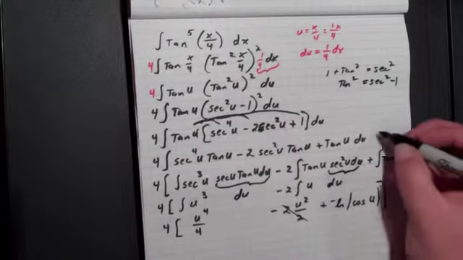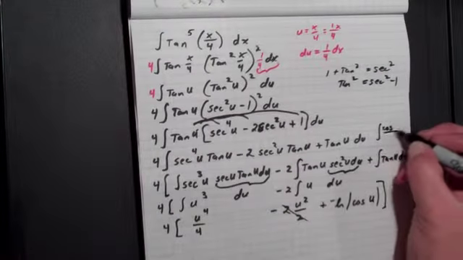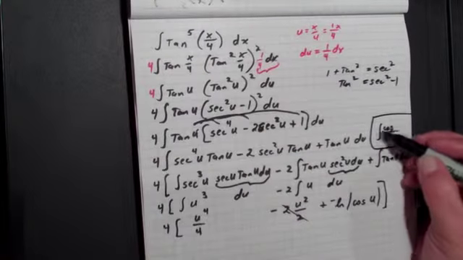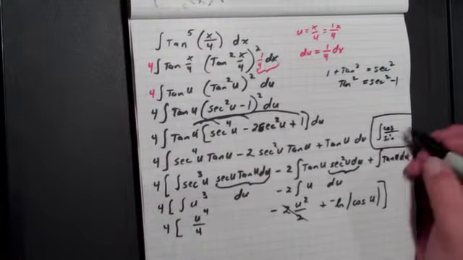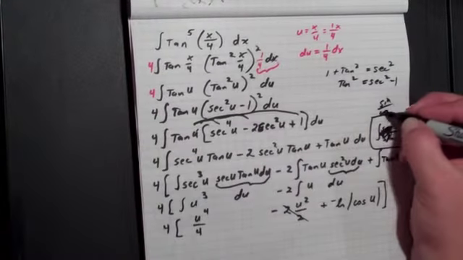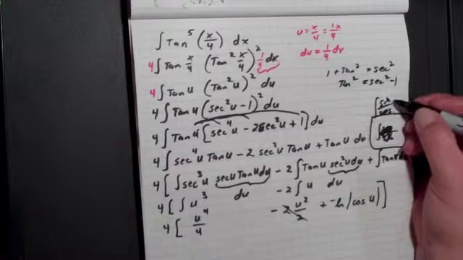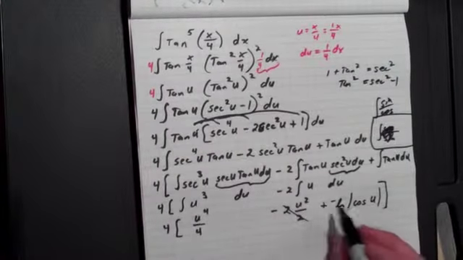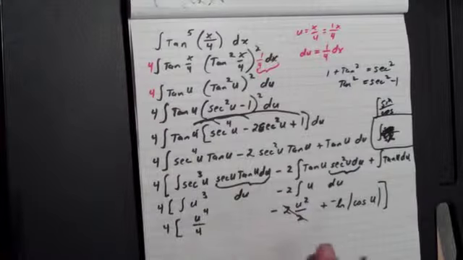Tangent is sine over cosine. And to turn the top into the derivative of the bottom would require a negative. The derivative of cosine is negative sine, so it'd be du over u, which is natural log of u, with the negative. When I multiply here,